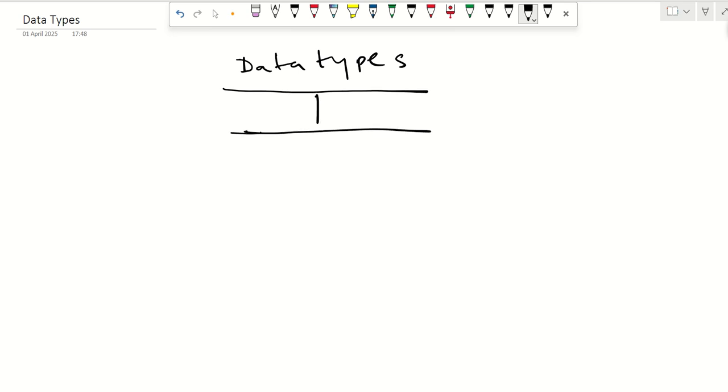Today we are going to discuss data types. One is fundamental data types, and the other one is